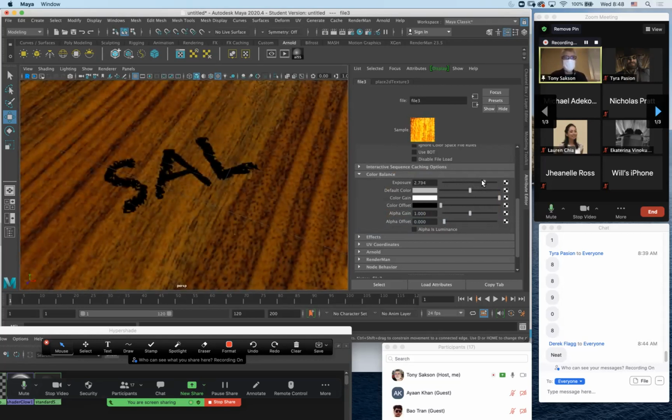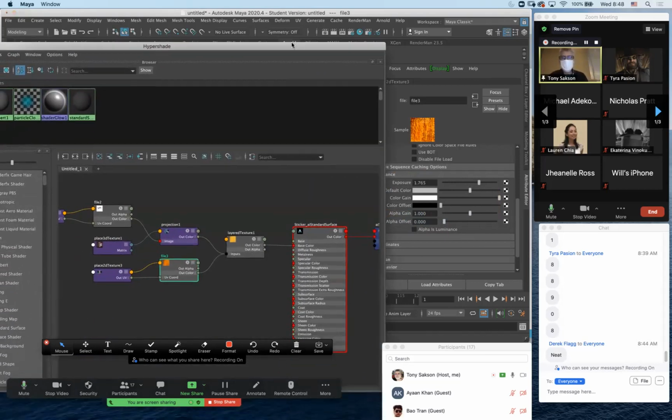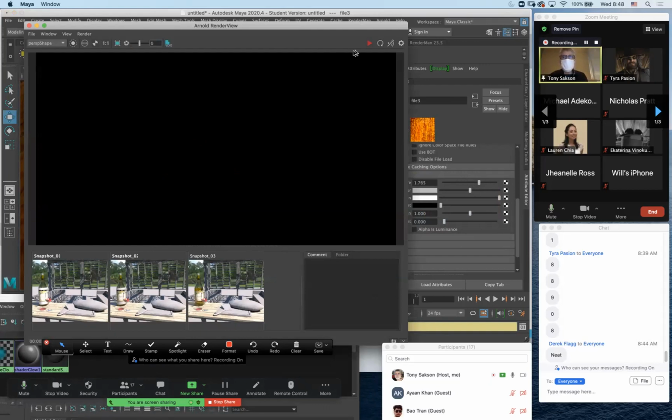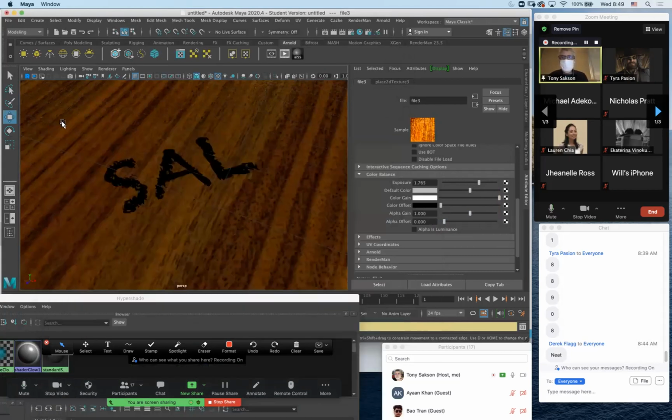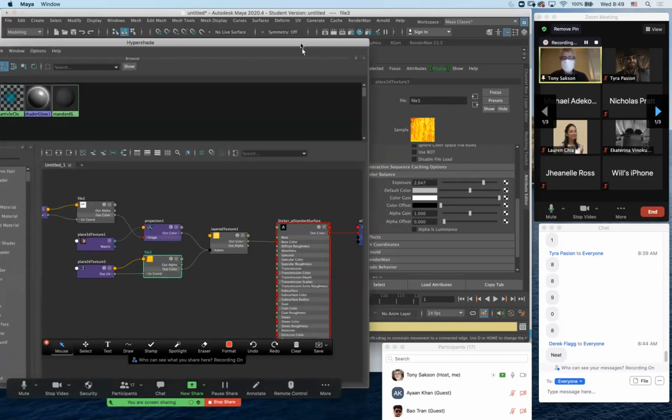Unfortunately, this doesn't really render that well. I'm just turning it up so we can see it in the viewport. This is really for viewport only, because if I render this, it's really not going to look all that good. Plus, I don't have any lights, so there's that. But this is purely just for viewport, this exposure. So don't get too excited and go, yeah, that solves all my problems. No, no, no. Got to go into Photoshop if you want to tone an image. The only reason I'm doing this is so that we can see what happens when we ghost the logo on top